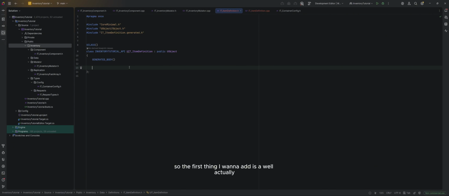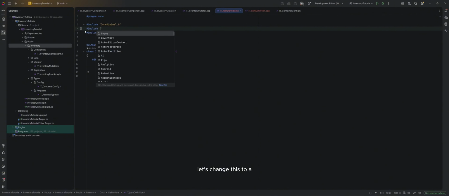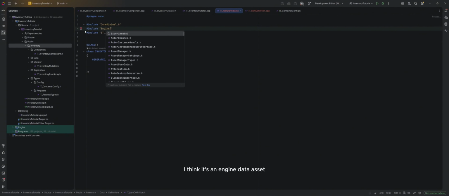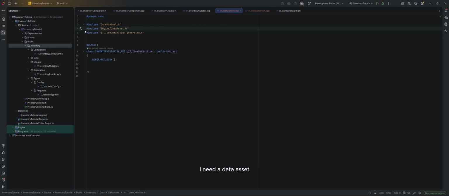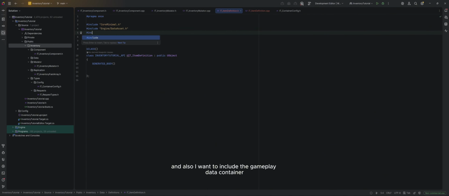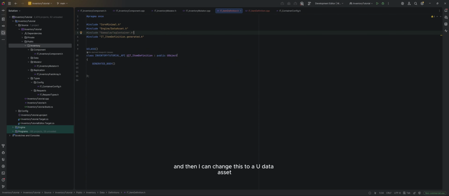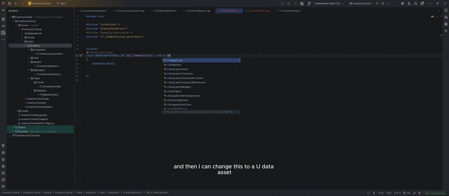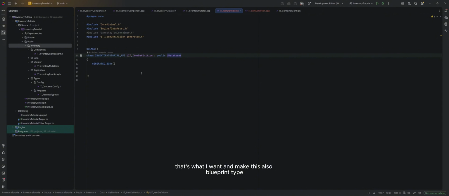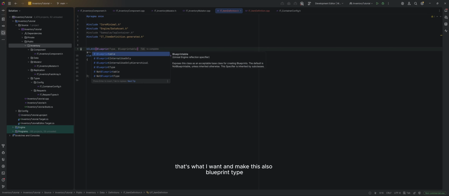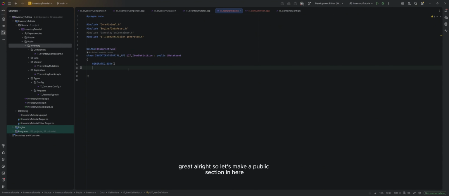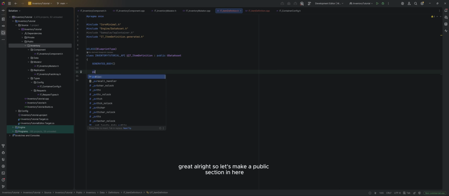So the first thing I want to add is, let's change this first. What am I doing? Let's change this to, I think it's an engine data asset. I need a data asset. And also I want to include the gameplay tag container. And then I can change this to a U data asset. That's what I want. And make this also blueprint type. Great. Right. So let's make a public section in here